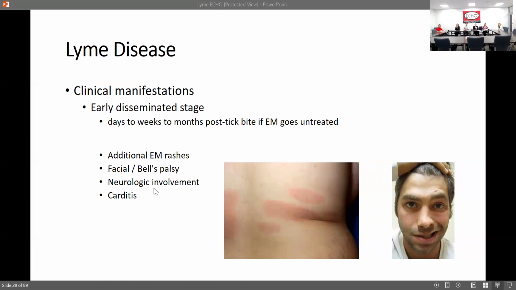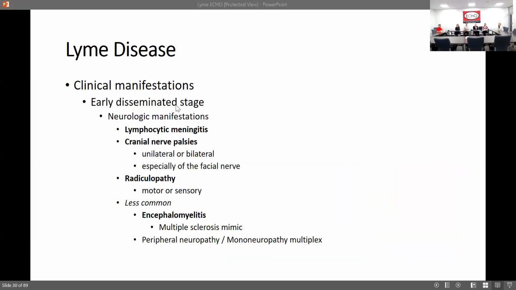You can have early neurologic involvement, such as meningitis, a genuine lymphocytic predominant meningitis. And I'll talk about those. You can get really, really weird radiculopathy that seems like somebody's blown a disc, okay? I've seen it in both upper and lower extremities, but of late, the most common complaints that I've seen consistent with Lyme radiculopathy have been bilateral upper extremities. Seems like they have a C-spine disc out,